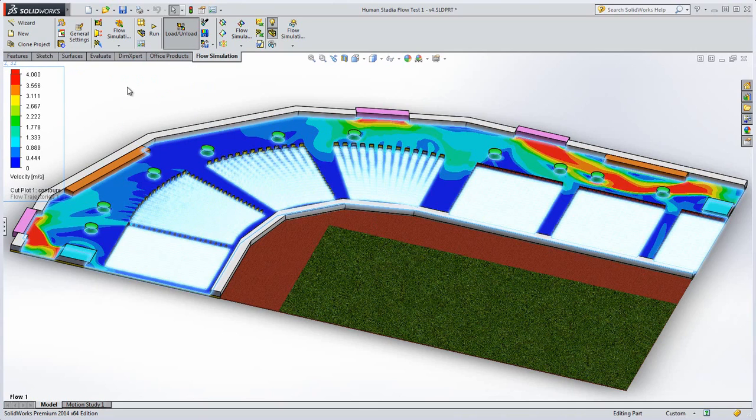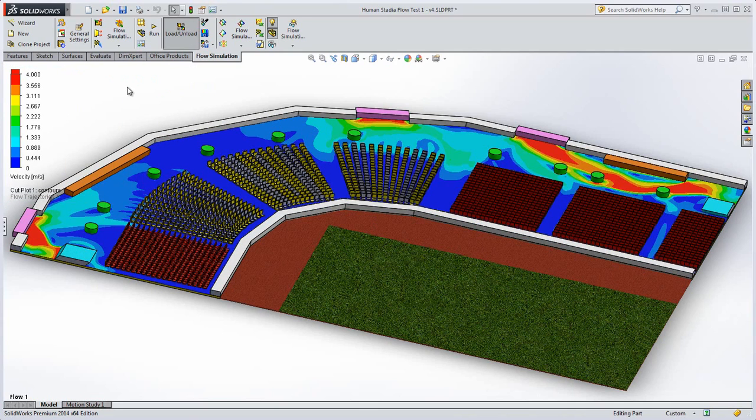In the real world, when we get a greater packing of people together near the exits, the flow actually slows down. The exits begin to choke, so red isn't necessarily a good thing. From these results, it is obvious that there are a lot of people moving towards the right-hand exit, suggesting that